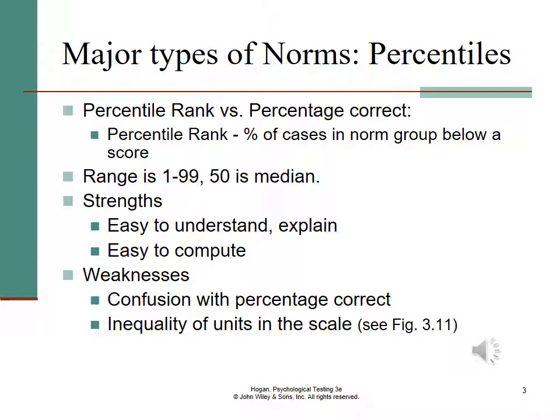There are 3 major types of norms: percentiles, standard scores, and developmental norms. Let's start with percentile scores. Lay people often get confused between percentile rank and percentage correct. Percentage correct is what we're used to. If I tell you I made an 87 on my midterm, you probably automatically assume that I got 87% of the answers correct. But percentile rank is different. Percentile rank tells you where you scored in relation to the rest of the class or group taking the test.